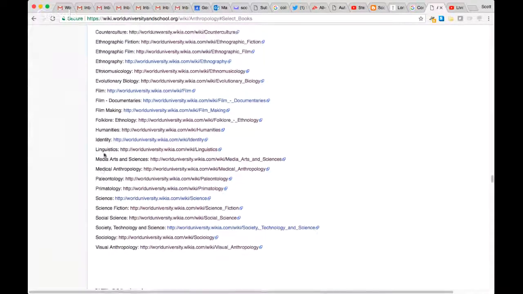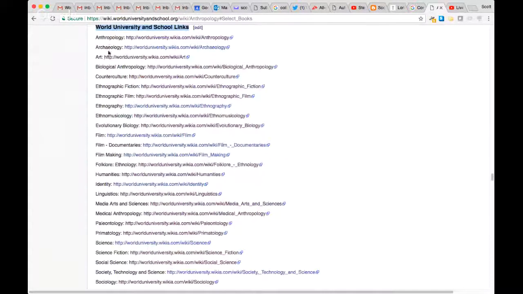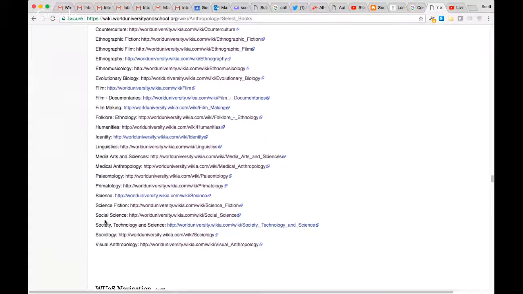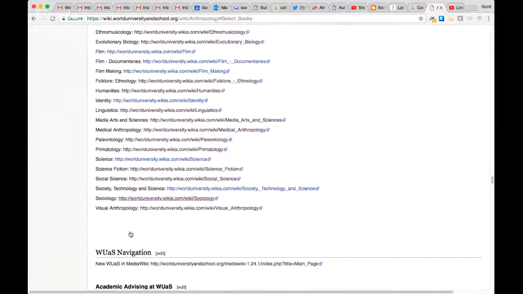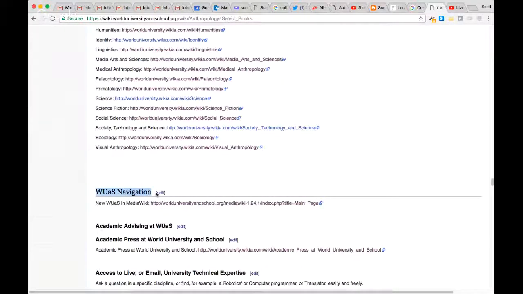And here it runs from anthropology, archaeology, art, biological anthropology, counterculture, ethnographic fiction, down to social science, science fiction above that, society, technology, and science, sociology, visual anthropology. And the last section is the WUaS navigation.